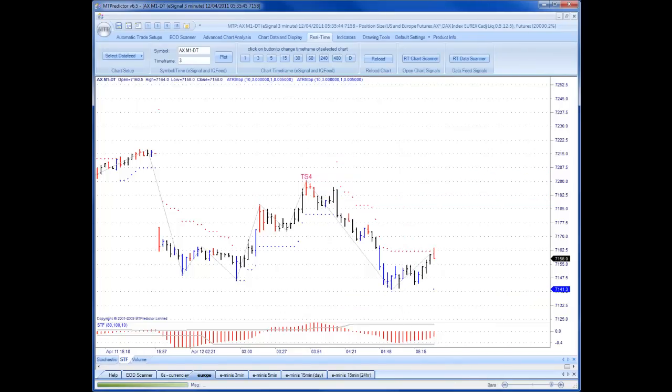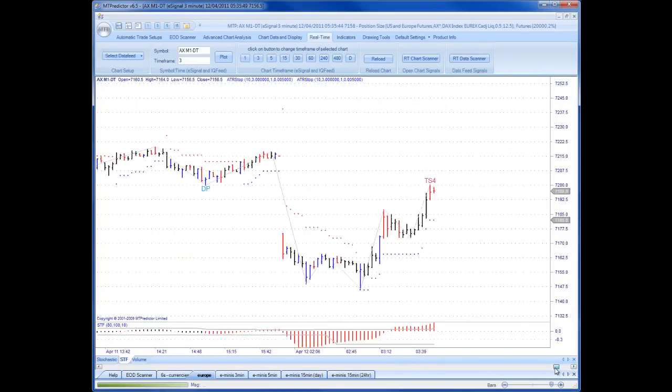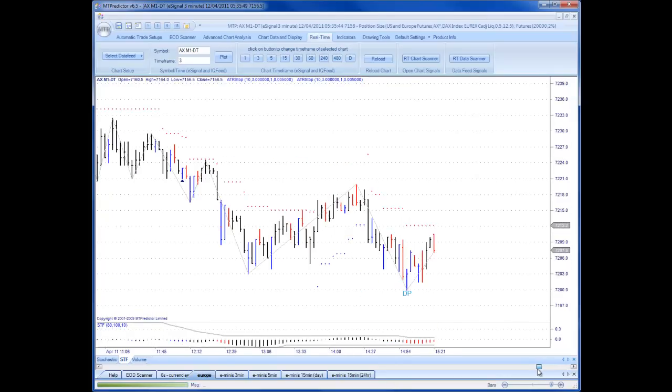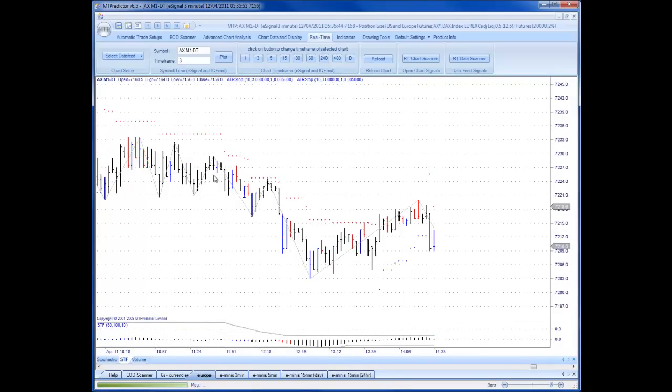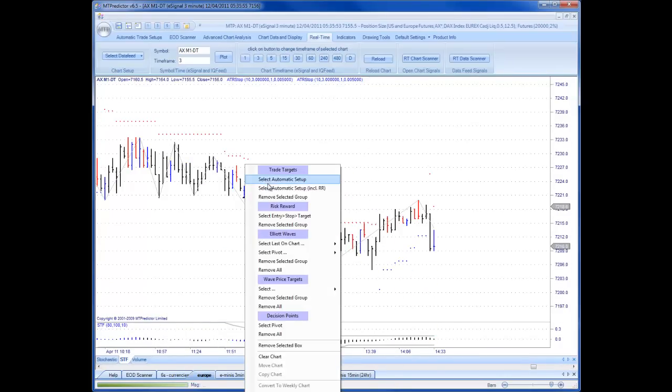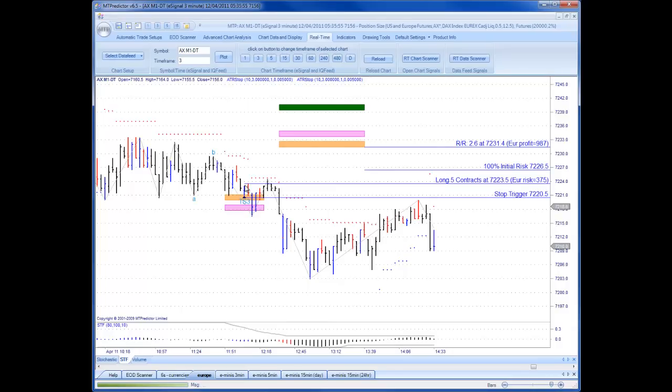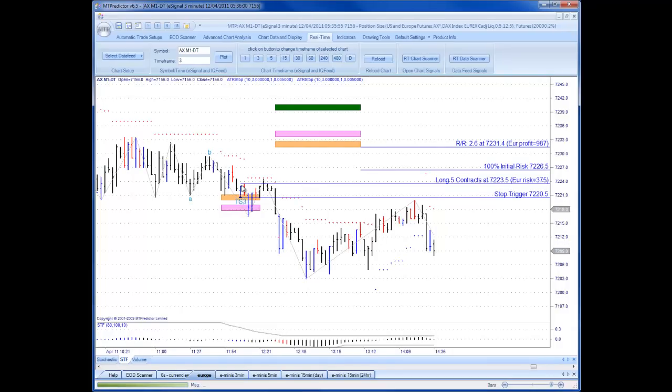If I clear the analysis, I want to go back a little bit on the DAX, and we can also see that there are losing trades. Here is one. If we select automatic analysis, we come on this blue buy reversal bar here. You can see we're actually taken into the tick, then stopped out. In this case, again, because we look at all our stuff in risk units, this means we've been a 1R